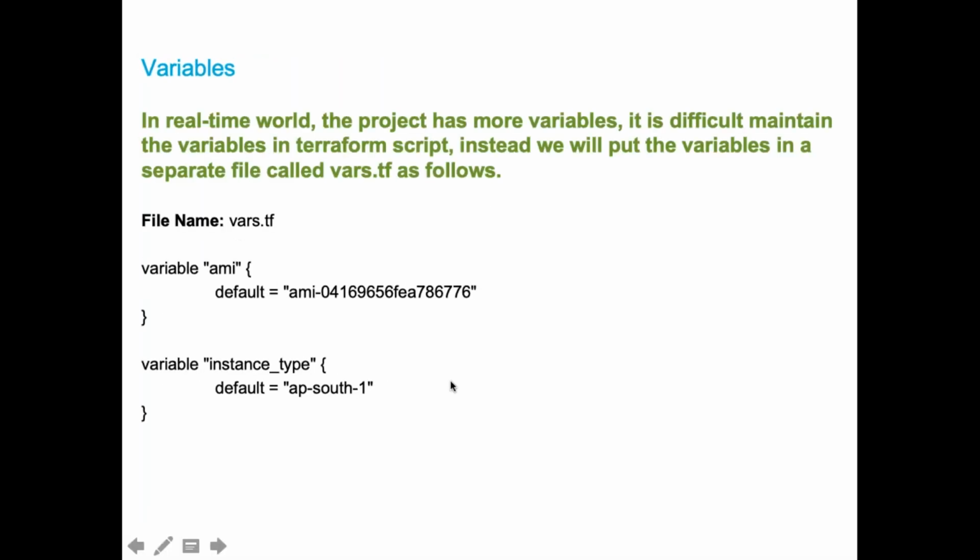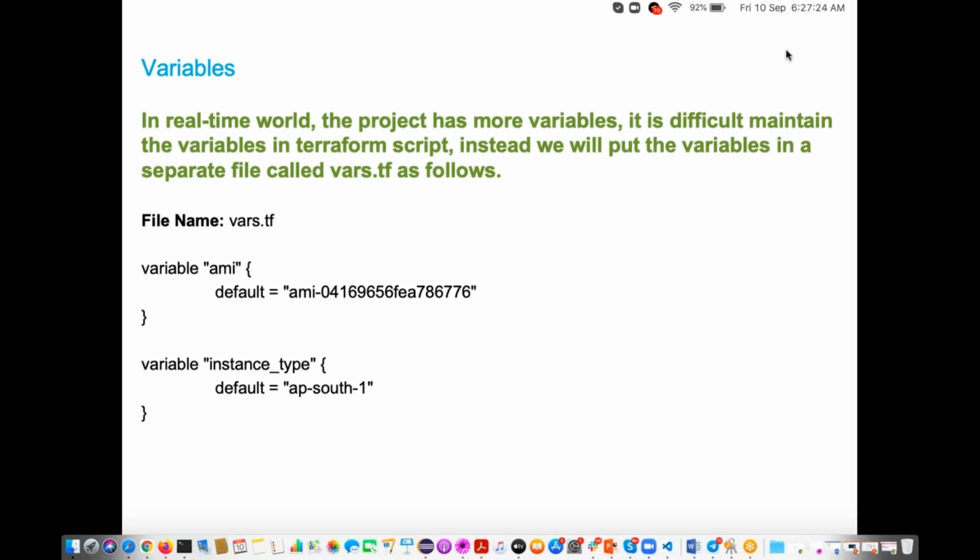Okay, the next one is variables. In real time, the same project has n number of variables, right? So it is difficult to maintain all the variables in the Terraform script. Instead, we'll keep all the variables in one separate file called vars.tf.